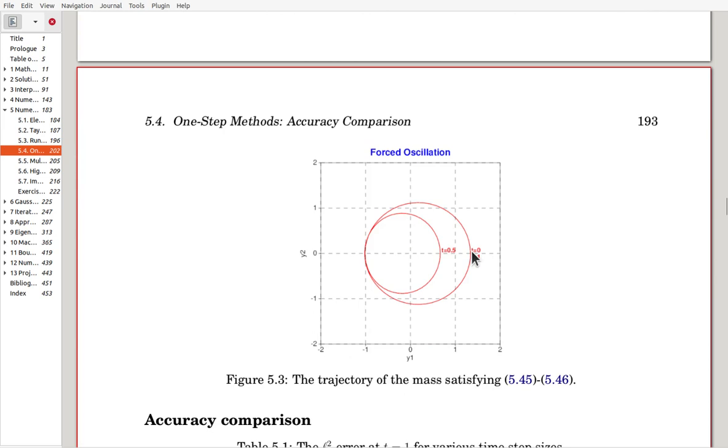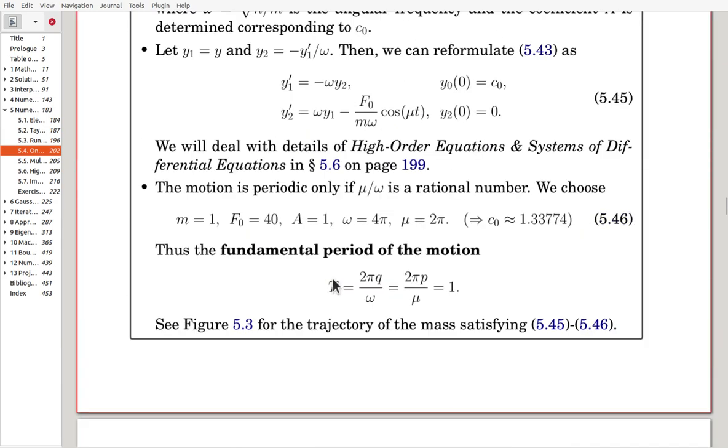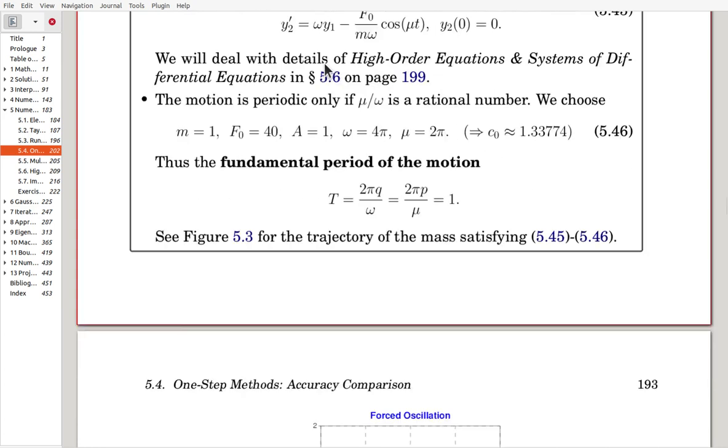Starting from here, y1 is the y value, so in practice it is moving up and down: it goes down, goes up, goes down, and goes up to this position at time 1. But y2 is the derivative value, minus the derivative scaled by omega,